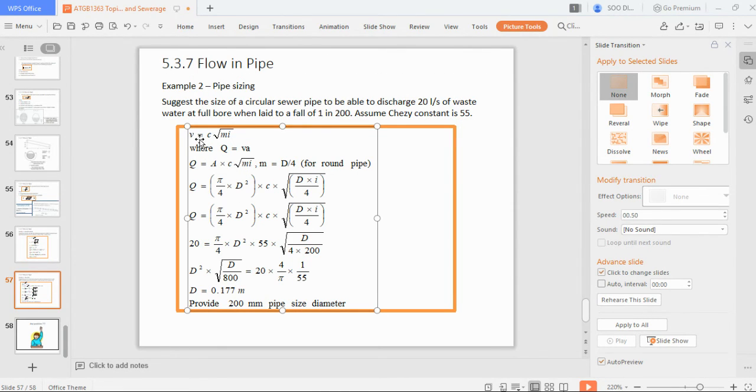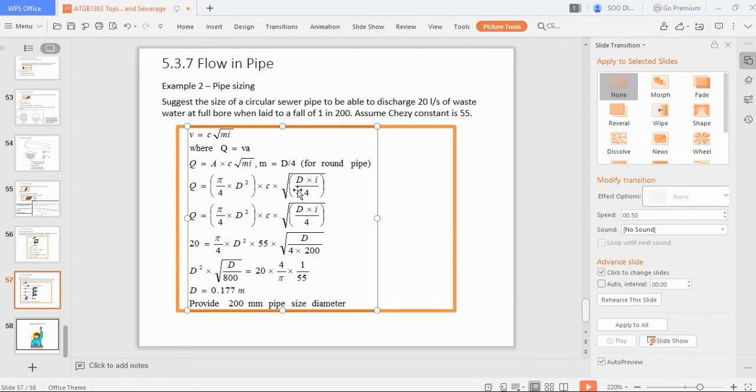You're using Chezy's formula, and also Q equals VA. With that, you have to equate them together to get your D, because you are not given the diameter. You're given the discharge. So you equate them together and substitute your V into here,